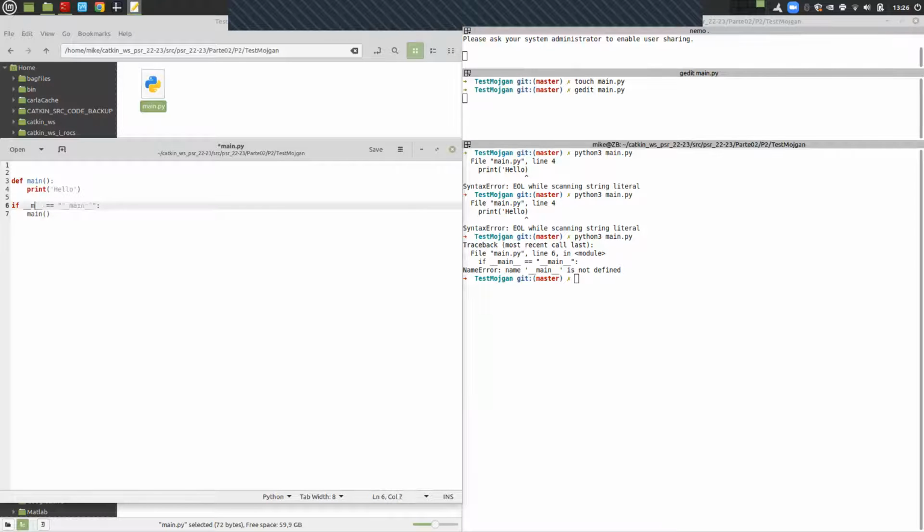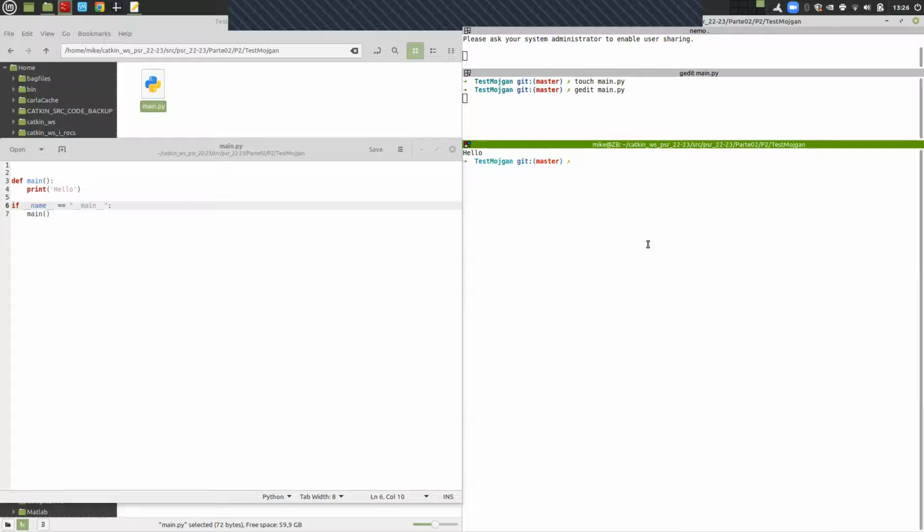If name, this is not main, this is name. Okay, now yes. So clear and python3 main. The clear is to clear the screen, followed by the command python3 main. So that will clear the screen and then run the code, which will print hello. Makes sense. So this is the standard way of doing Python coding,